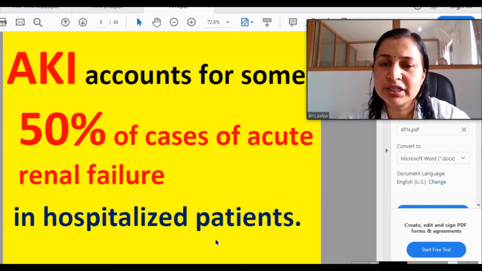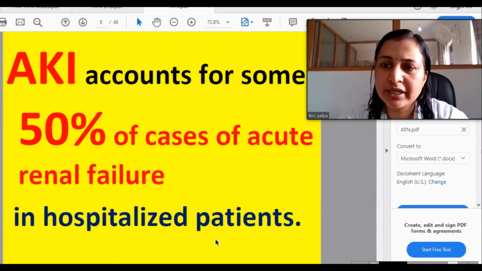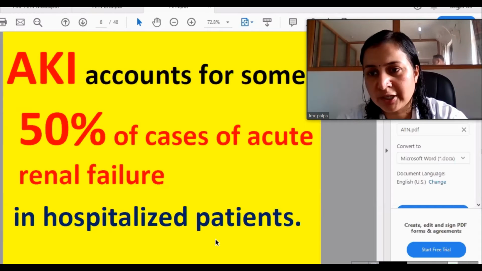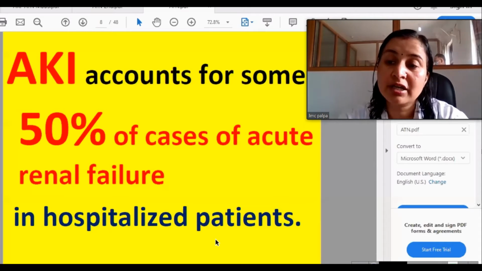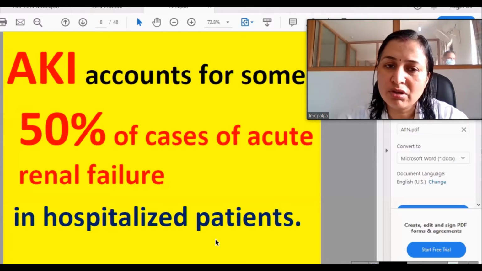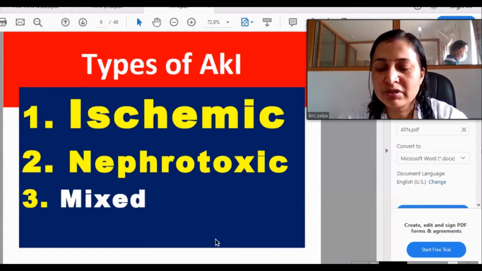Now, this acute kidney injury is responsible for 50% of cases of ARF in hospitalized patients. It means the patient is hospitalized for something else, has gone in with hemolytic uremic syndrome, or DIC, or thrombotic thrombocytopenic purpura, or has some surgery, complications of surgeries, drugs, therapeutics, diagnostics like radiation and all. So all those critical patients have very high chances of going into acute tubular necrosis.